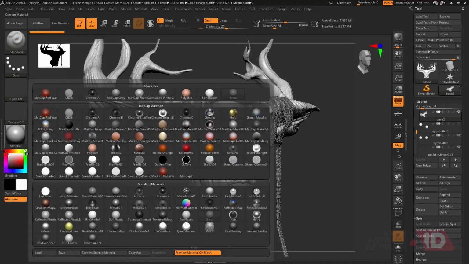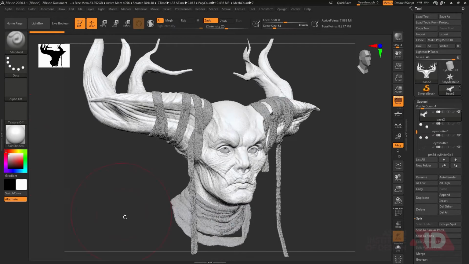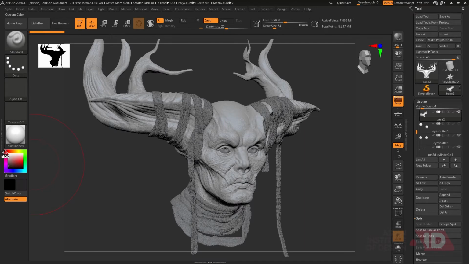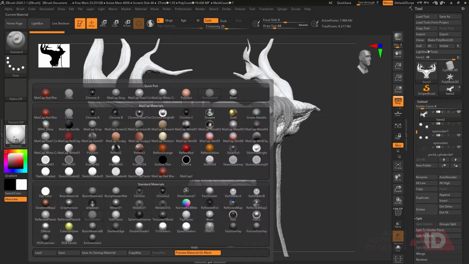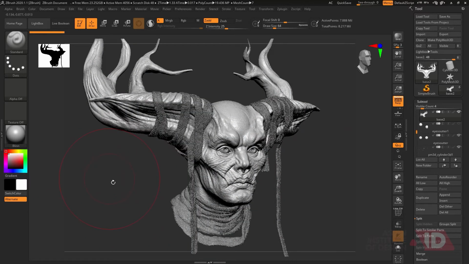For this particular render, I'm going to use a standard material, a blend. In this blend you can see I have a skin shader also here, but I don't want that, or if I were going to use it I'd darken the color. So as of now I'm going to use the blend modifier. This gives me nice contrast, shade and everything.